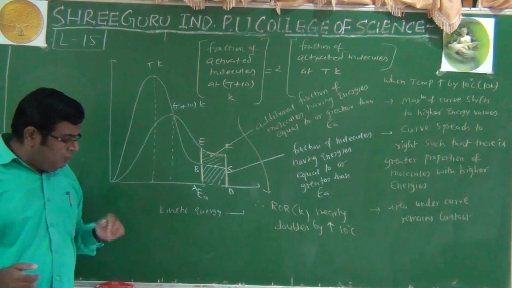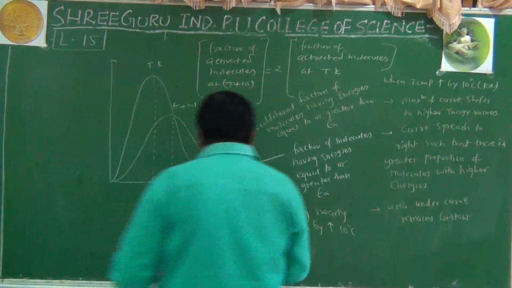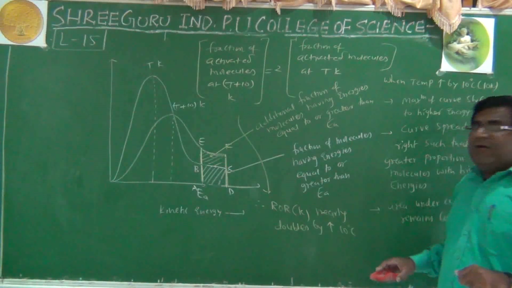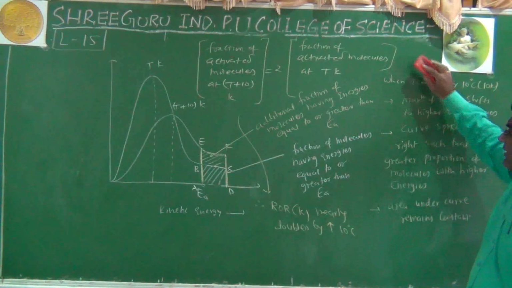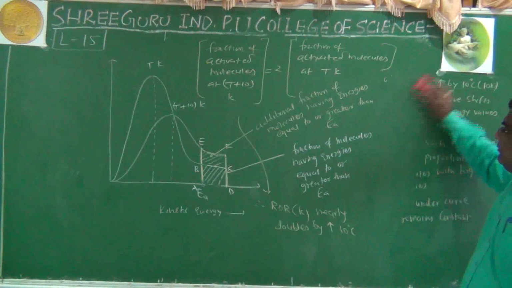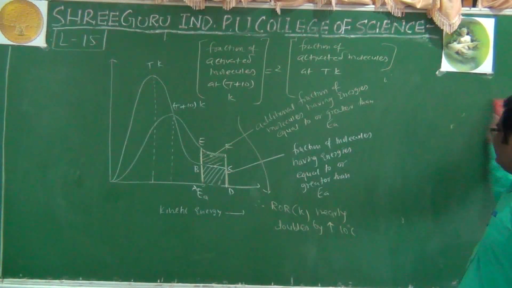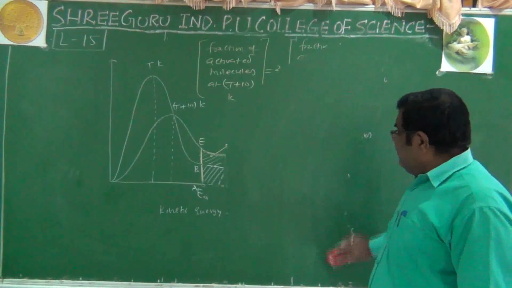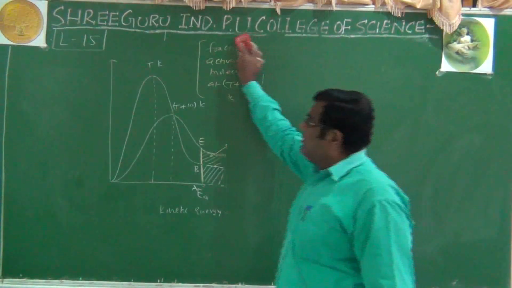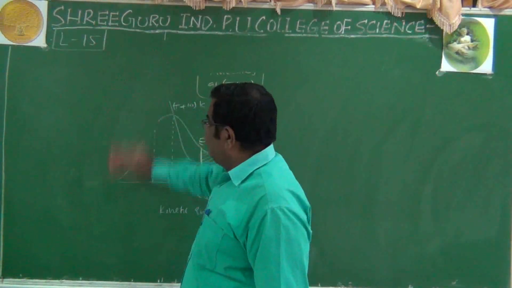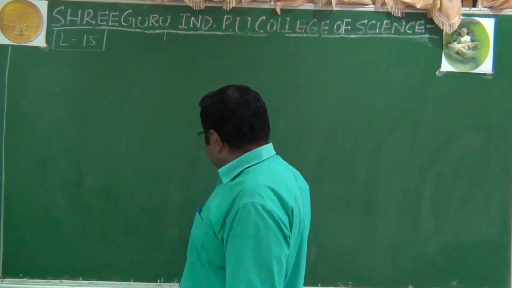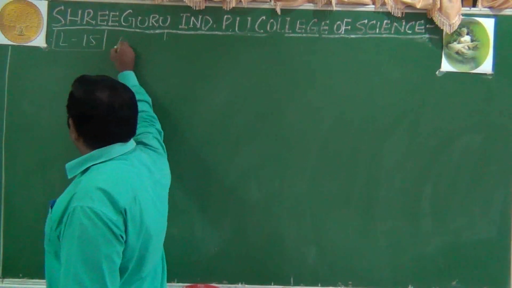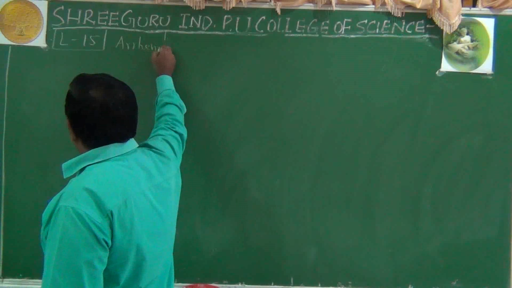Now we have to understand this factor mathematically. For that, we have an equation. We call it the Arrhenius equation. A very important equation for us once again, because many different types of questions will be asked on that equation, and we need to solve the numericals also based on that equation. So what we are learning now is the Arrhenius equation.